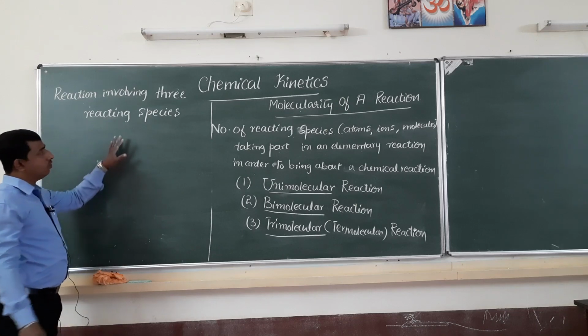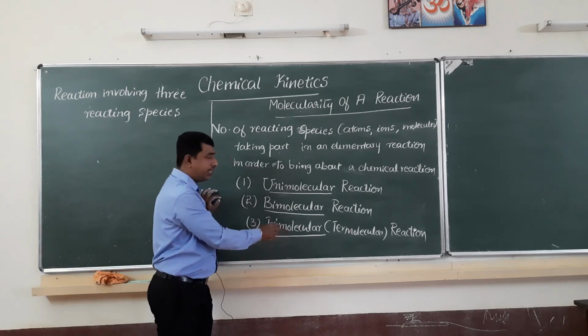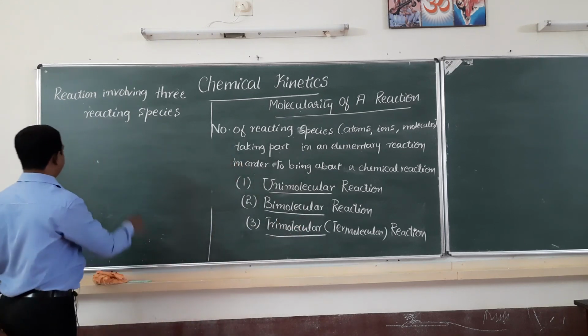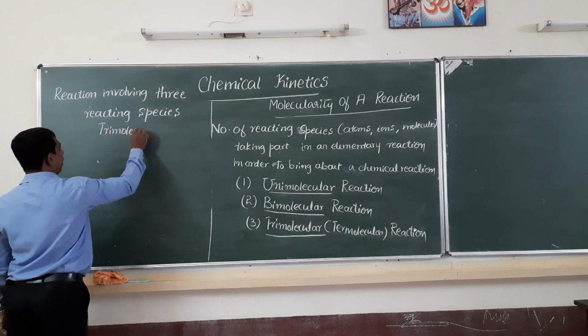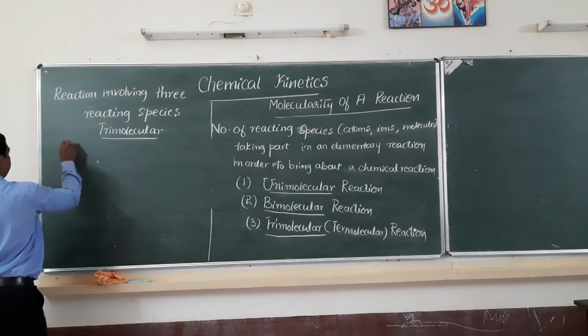Chemical reaction involving three reacting species. Such a reaction is called as what? Trimolecular reaction, or termolecular reaction. This is trimolecular reaction. Example: